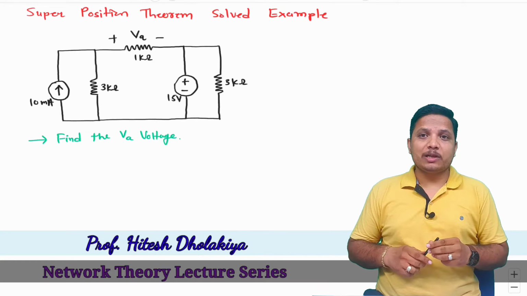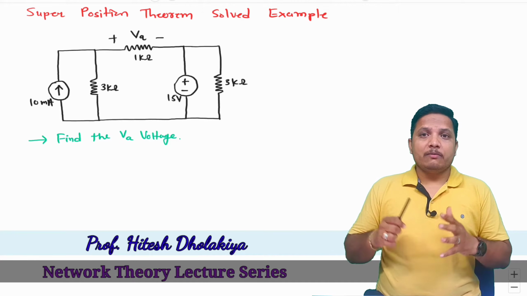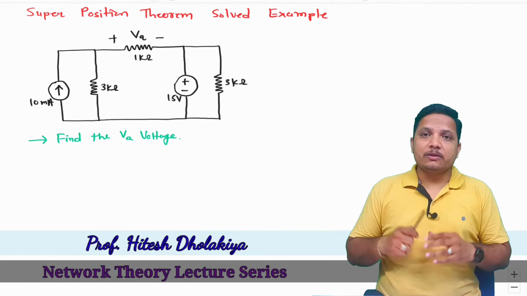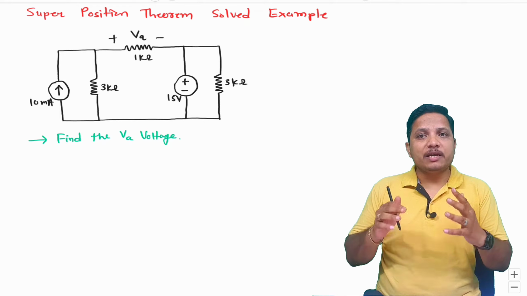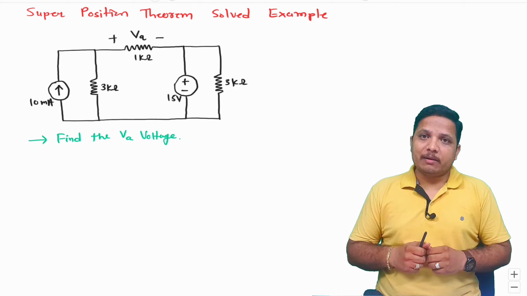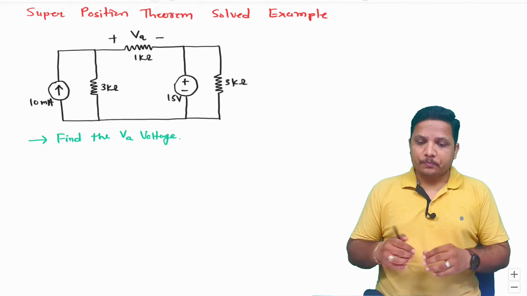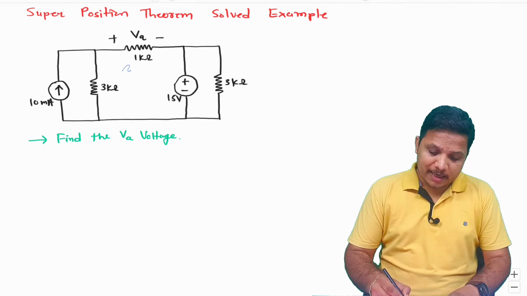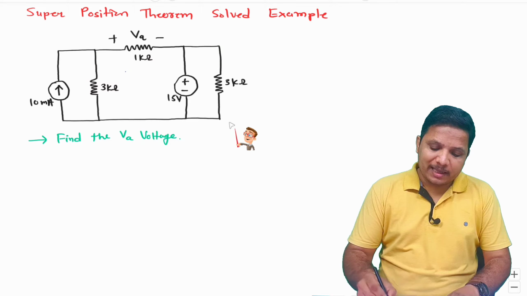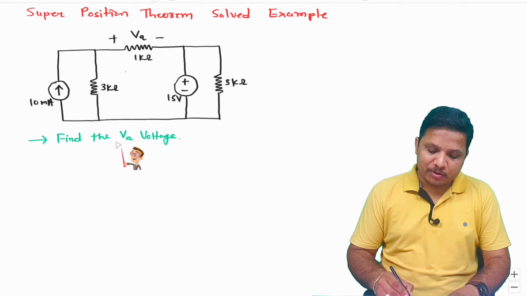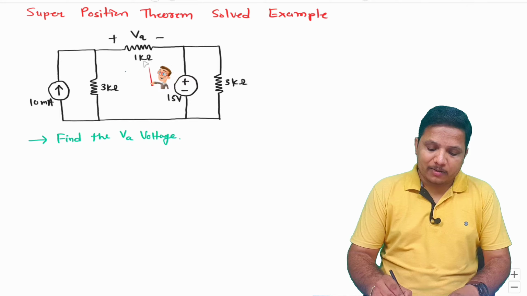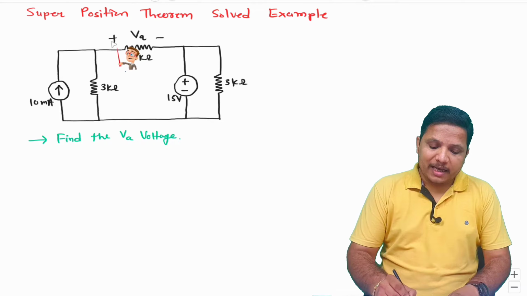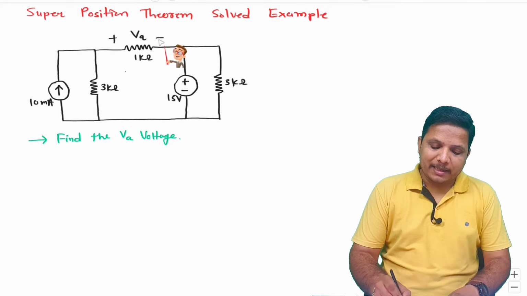I, Professor Hitesh Dholakia, am going to explain one very interesting example based on the superposition theorem. I'll explain the basic rules along with the example so it will become clearer. If you observe here, we have been given an electrical network, and the question is to find the voltage VA which is happening across the 1 kilo ohm resistor as per the plus-minus polarity, and we will solve it by using